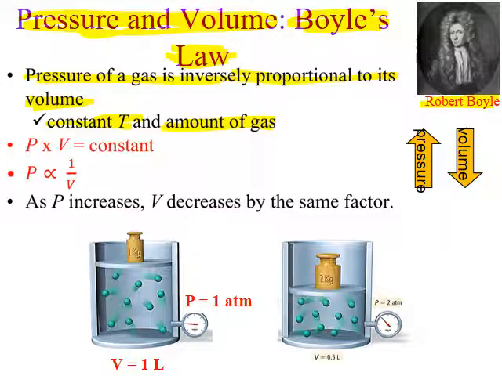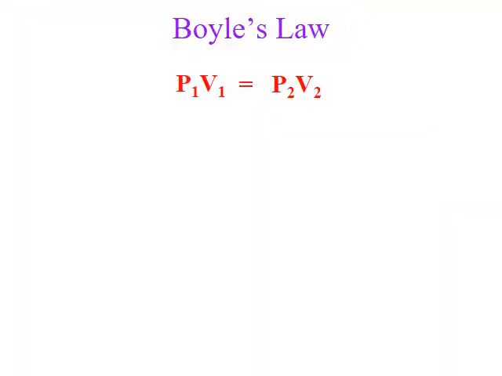If I increase the pressure over this gas, the pressure of the gas became 2 atm, which means now the new volume would be half of the initial volume. So pressure is inversely proportional to volume. This symbol that you're seeing right here in between the pressure and 1 over volume is called the proportionality symbol, which means as the pressure increases, the volume would decrease. Okay, and this can also be expressed in this particular equation, which is called P1V1 equals P2V2.